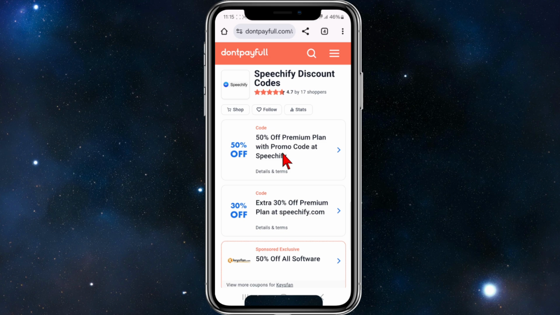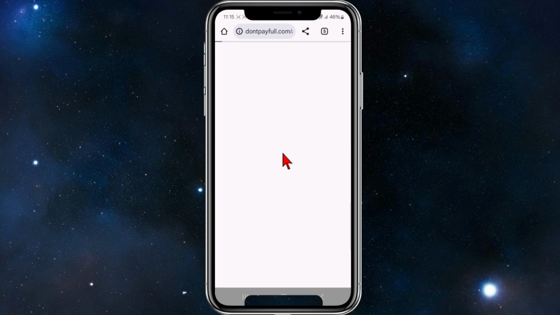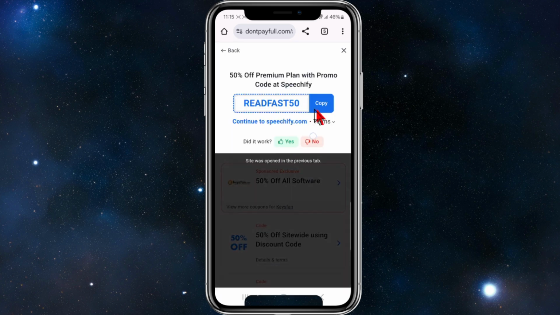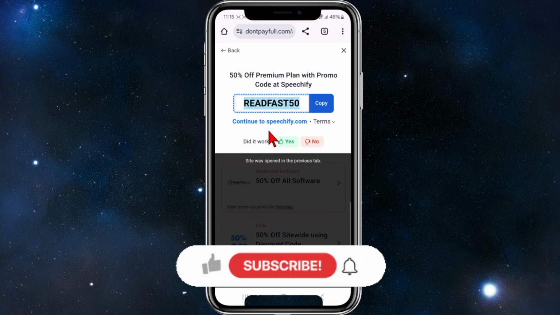So if I want to activate this one here, 50% off premium plan, I'll just go ahead and click onto it and then copy this code here and paste this at the checkout section of Speechify to enjoy 50% off your premium plan. These codes do change daily, weekly, monthly, so if you're watching this at a later date, these